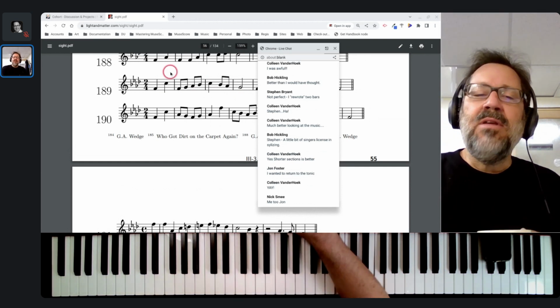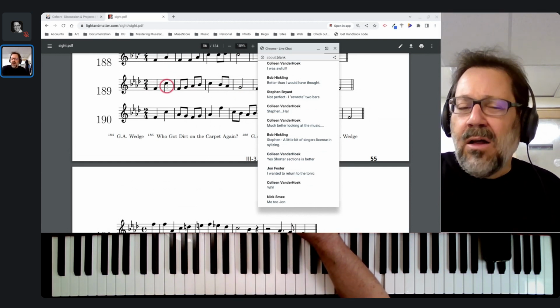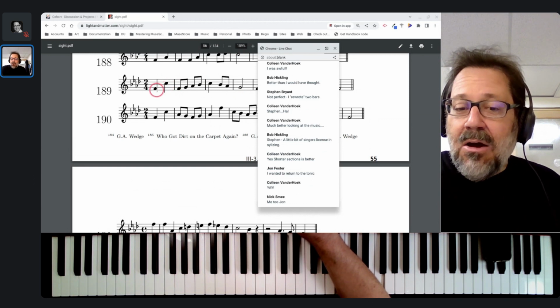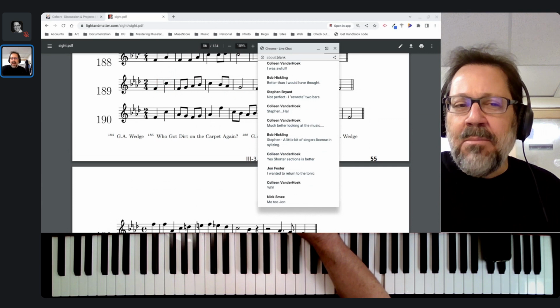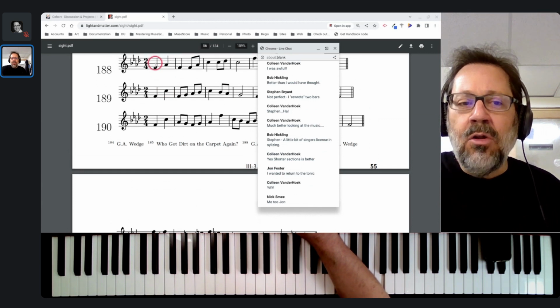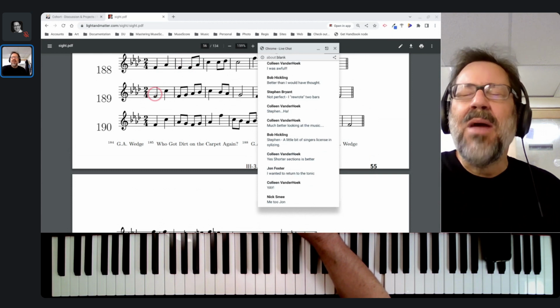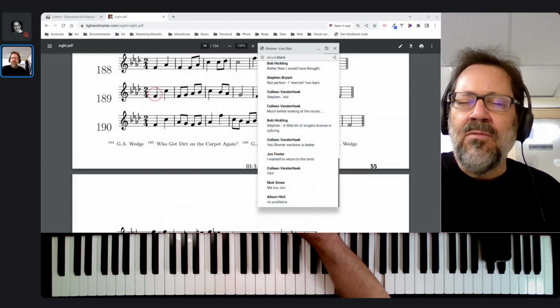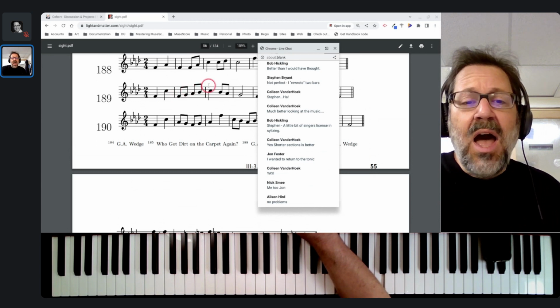So let me take that one and try that. 1, 5. And now, first of all, I'm hoping that I get that 5 right. I feel myself scooping up to that. I think my head is still 1, 3, 1. I think I'm still hearing that in my head. So I'm having to force myself up to that 5. 1, 5. 1, 2, 3, 4, 5.